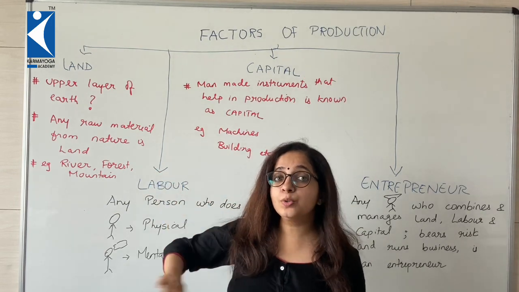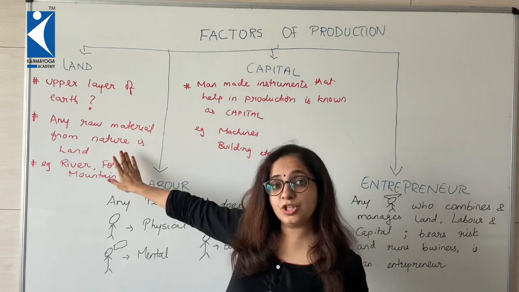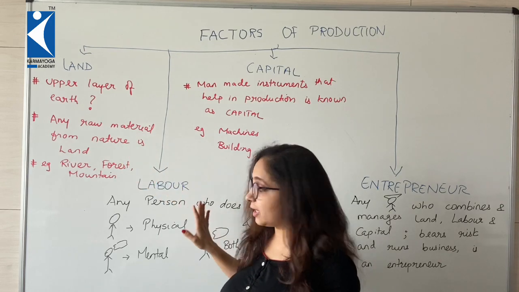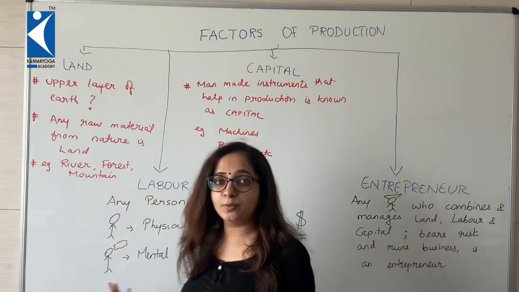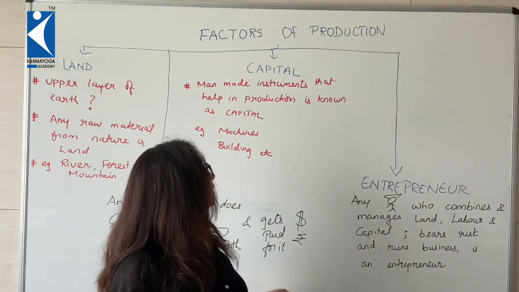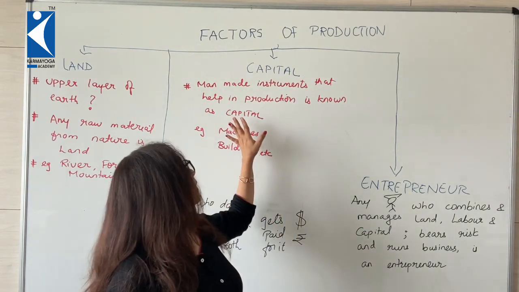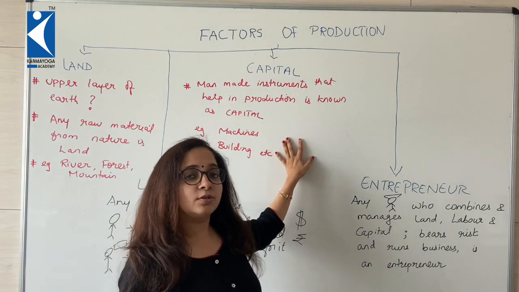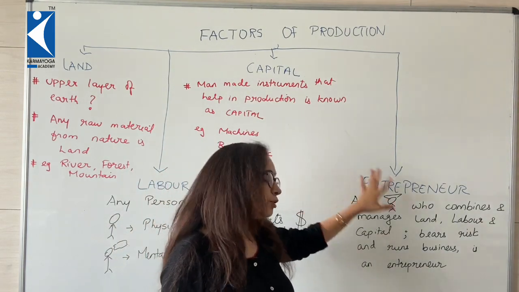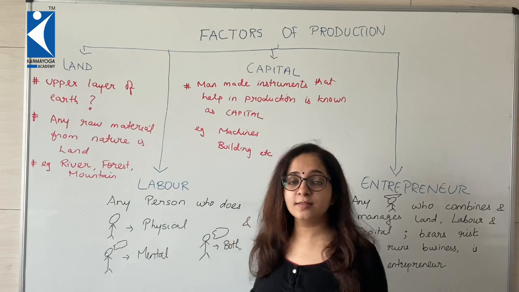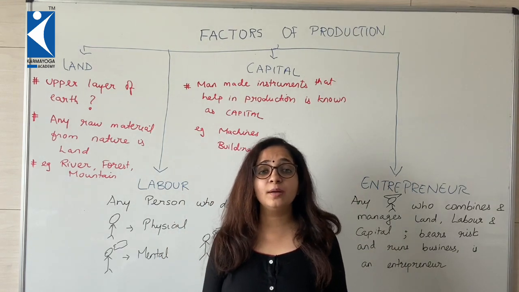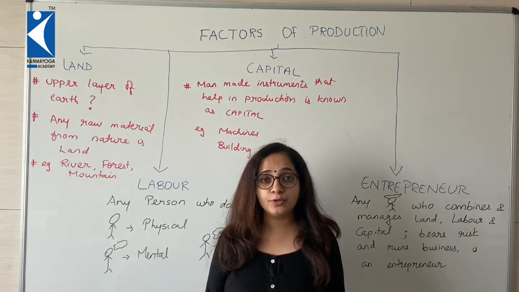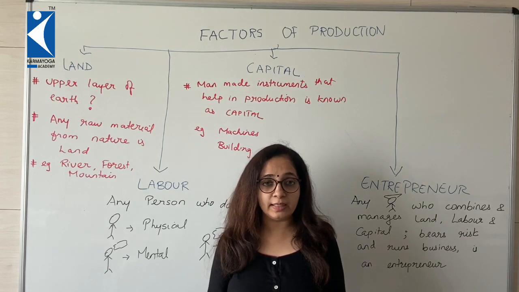As in, we should use the natural resources judiciously. We should make sure that people work, not for the sake of working, they actually work, they should love what they work. As Steve Jobs says, the capital should be used judiciously, and the entrepreneur must make sure that he does his business very well. So students, this is all about land, labor, capital and entrepreneur and the problems associated with it.